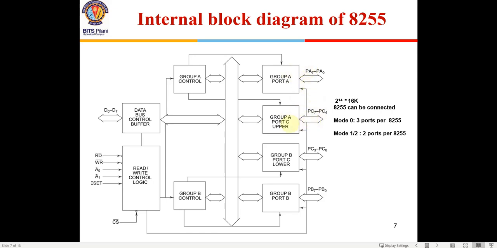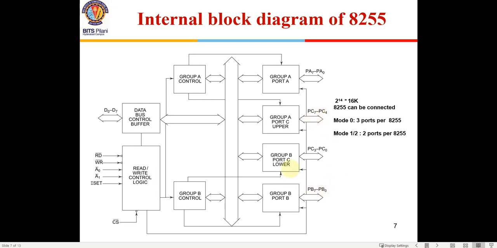The upper port of C also, that is the most significant 4 bits of port C, will be used for port A. So this port A essentially will have 12 pins, and out of these 12 pins, the initial 8 pins, which is the original group A pins, will be used for data transfer, and the rest of the 4 pins will be used for handshaking signals between 8255 and the input output port. So these handshaking signals are like interrupt signals, interrupt acknowledgement signals, and things like that, which we will discuss in detail later.